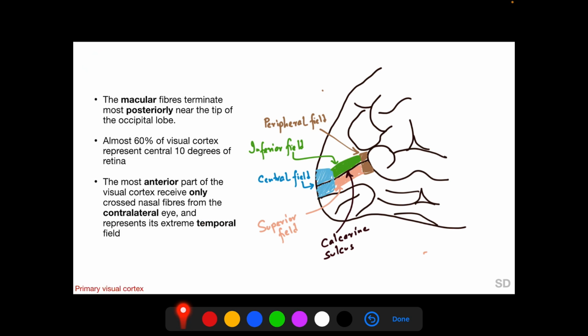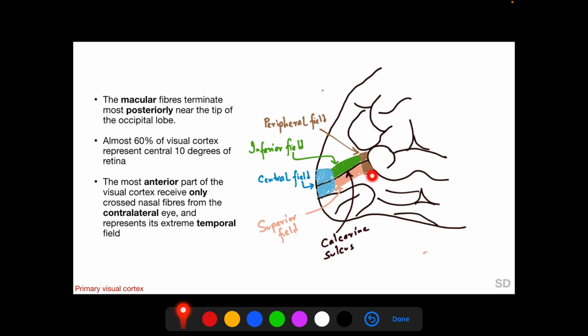What is very important to remember is that macular fibers terminate most posteriorly near the tip of the occipital lobe, and the fibers from the peripheral visual field are located more anteriorly in the primary visual cortex. Almost 60% of the visual cortex is dedicated to the central 10 degrees of the retina, and the most anterior